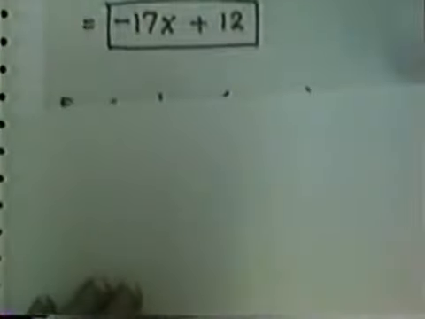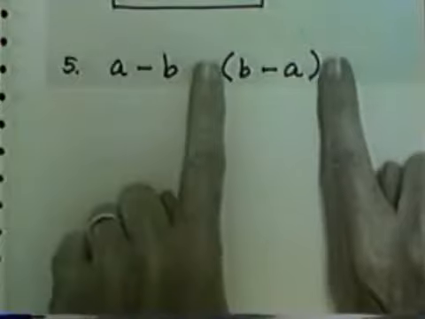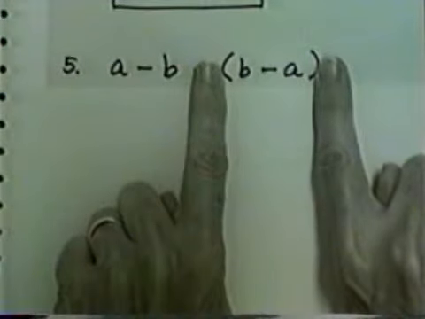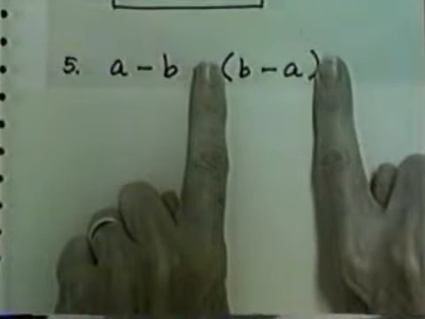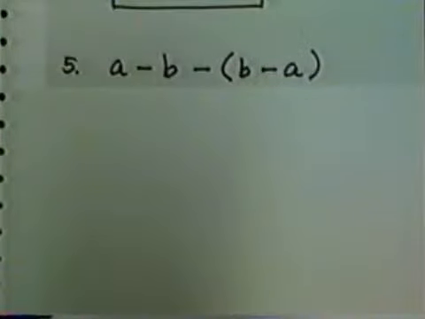Let's do one more example before I give you exercises to do. This one is deceptively easy. In its appearance, it says A subtract B subtract, in parentheses, B subtract A. Inside the parentheses, we have B subtract A. These cannot be combined because they're not like terms, and so all we can do is change the subtracts to